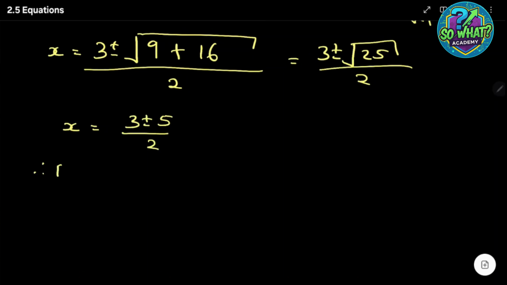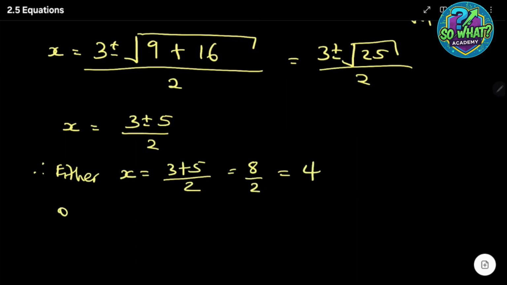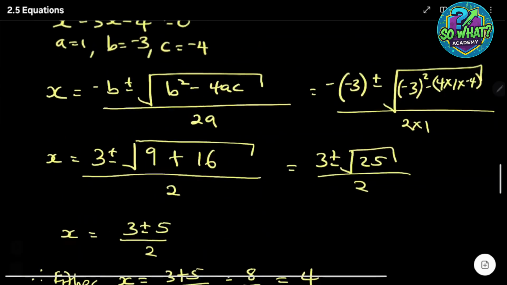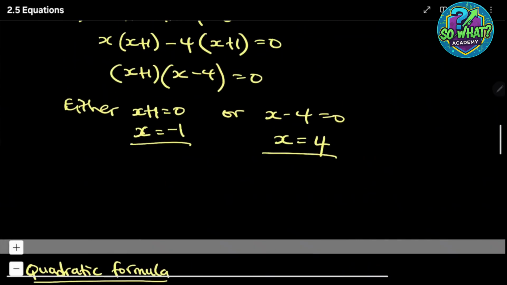Therefore either x is equal to 3, let me use plus for the first, which is 8 over 2, which is 4, or I'm now using the minus, 3 minus 5 over 2. 3 minus 5 is negative 2 over 2, which is negative 1. So our answers are negative 1 and 4. And if you had to check here, it is negative 1 and